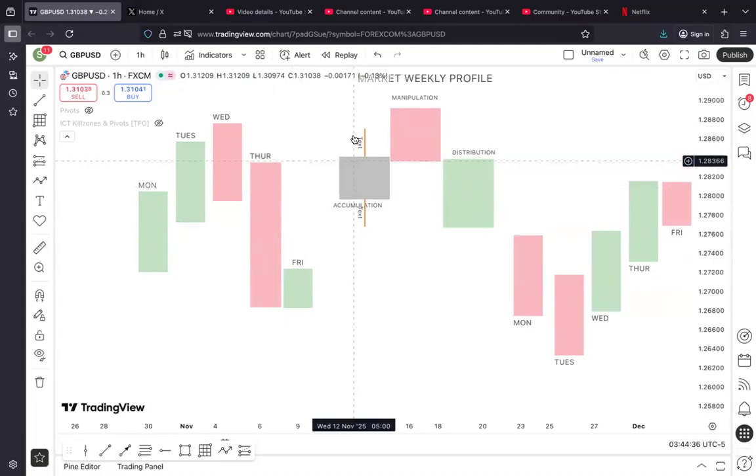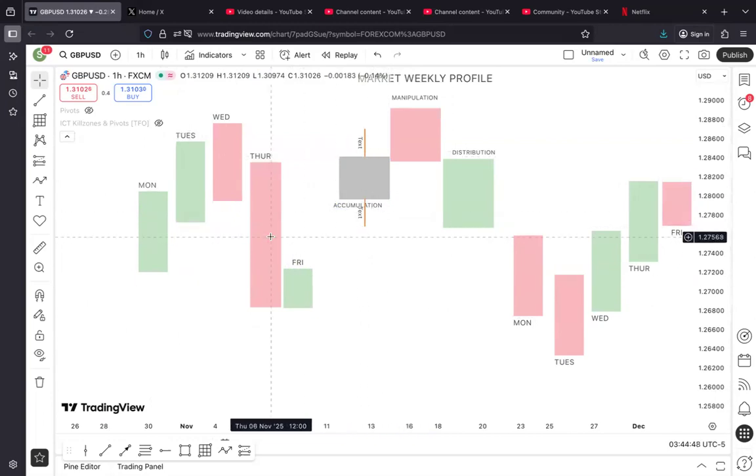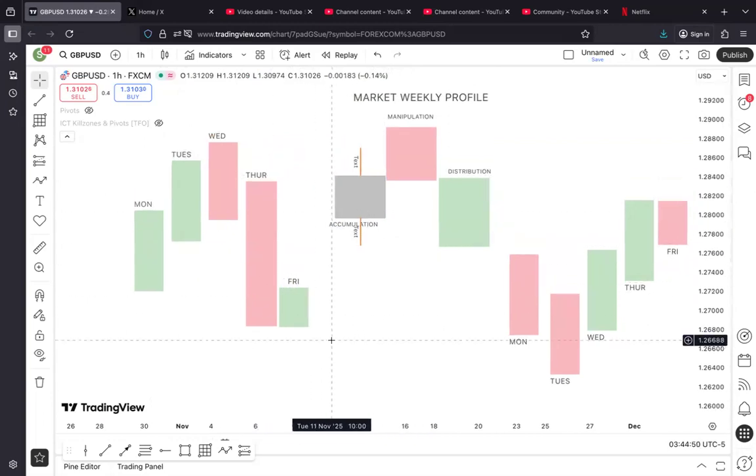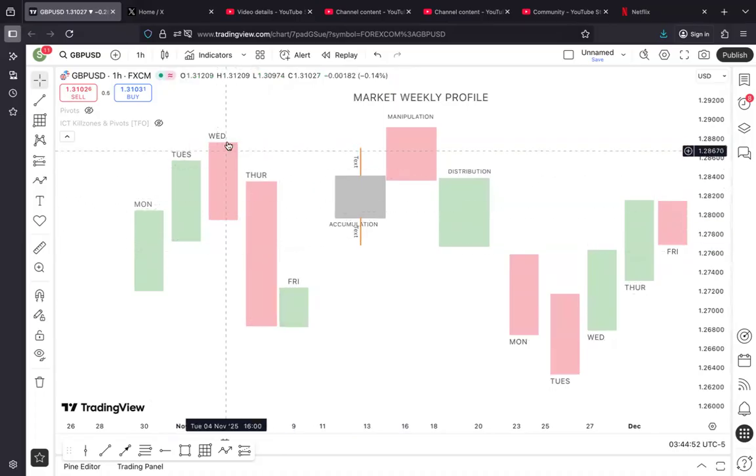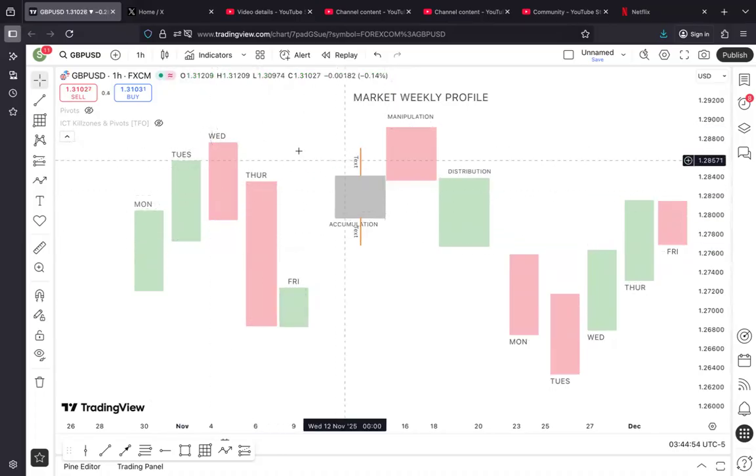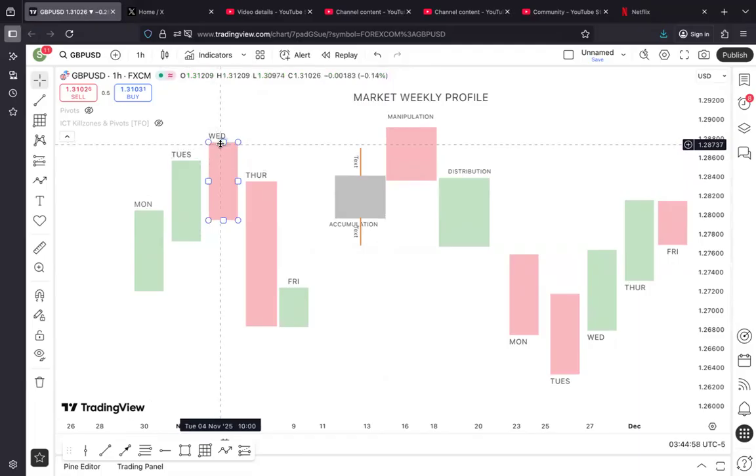Very simple idea. So this is the weekly candle right now, but each of the days would establish whatever price story this weekly candle is telling me. I hope I'm making sense. So for the week, if you are bearish, you only want to sell either on Tuesday or Wednesday. That is the summary of what I'm saying right now.